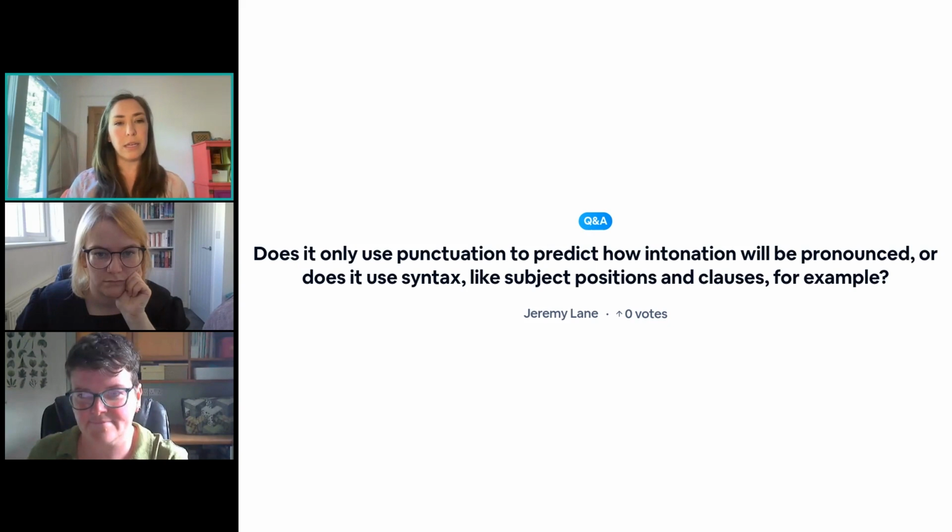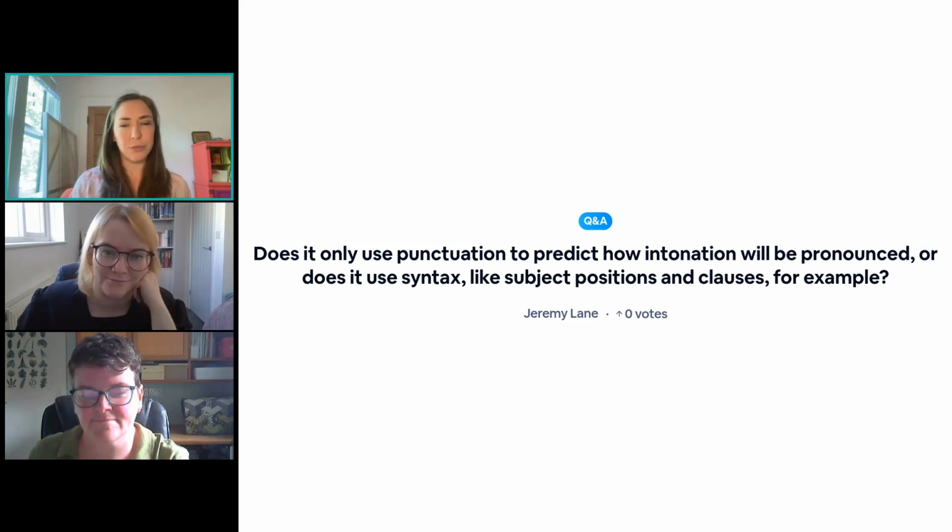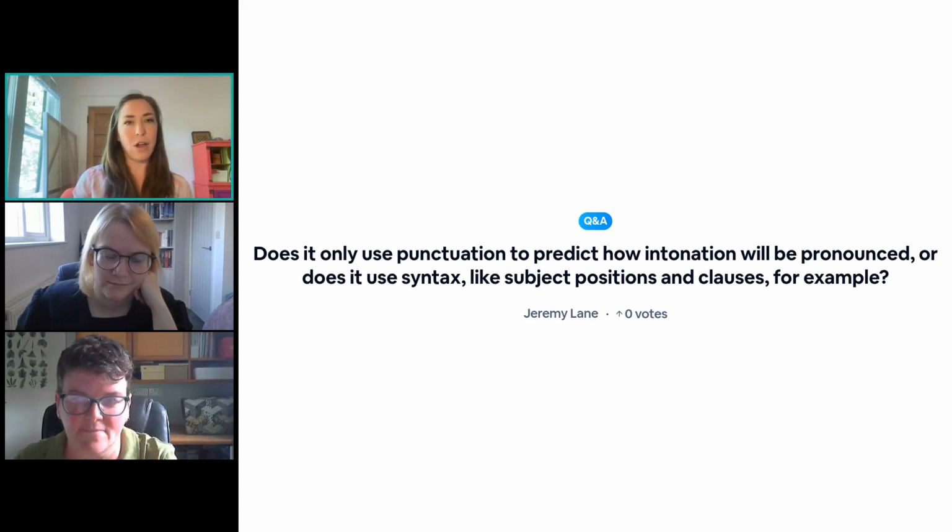But if we are thinking of just intonation and punctuation, I've used this example in the past, because we do have a lot of customers that will say, I added a question mark, it didn't go up at the end. And it's easy to jump to, if you see a question mark, the tone of voice should rise at the end to ask a question. And it's simply not as simple as that. The example I've given is the same exact string of text that might say, "Are you going to the bank today?"